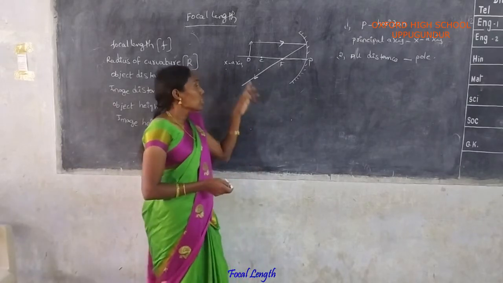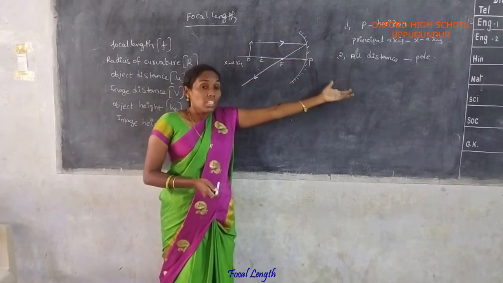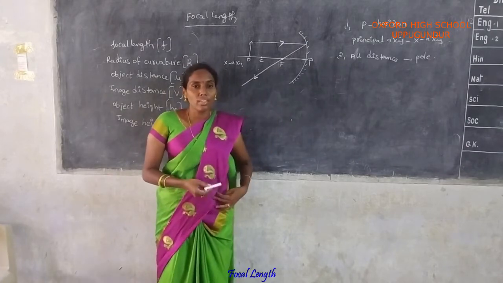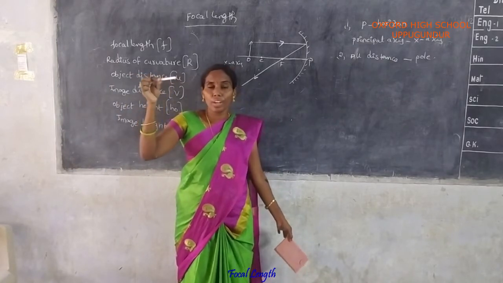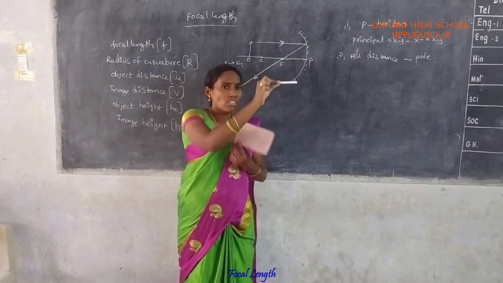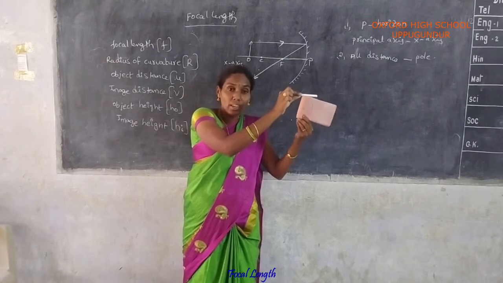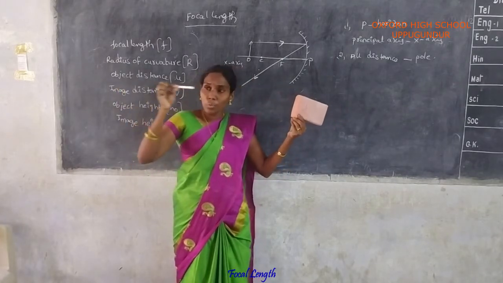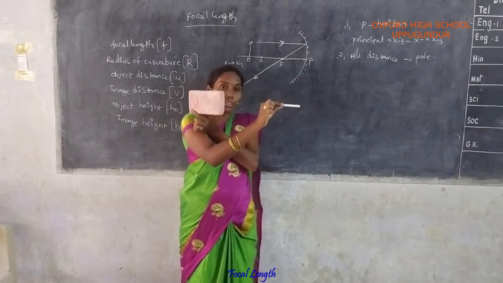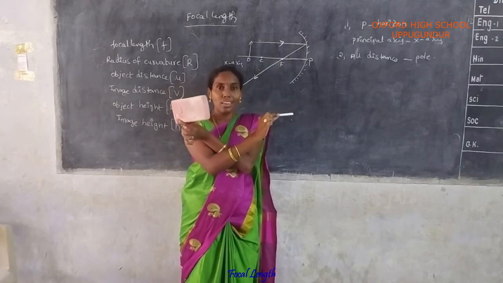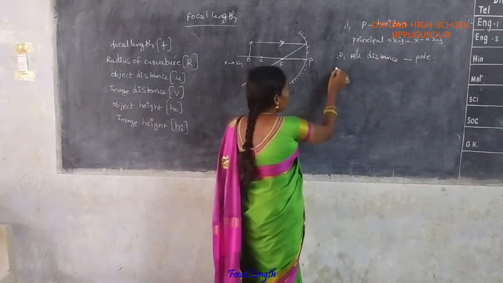Okay? Here, the distance measured in the direction of the incident ray is to be taken as positive. In the opposite direction of the incident ray, it is to be taken as negative. For example, this is for a light ray. The light ray is moving from left to right, and the distance is also measured from left to right. In this case, the distance should be taken as positive. If the light ray is moving from left to right and the distance is measured in the opposite direction, that is right to left, in that case the distance should be taken as negative. Okay? And next, the third point.